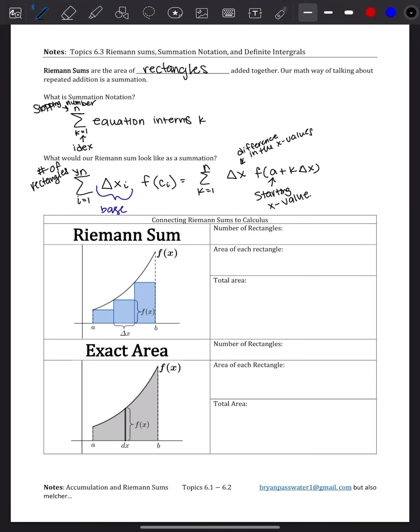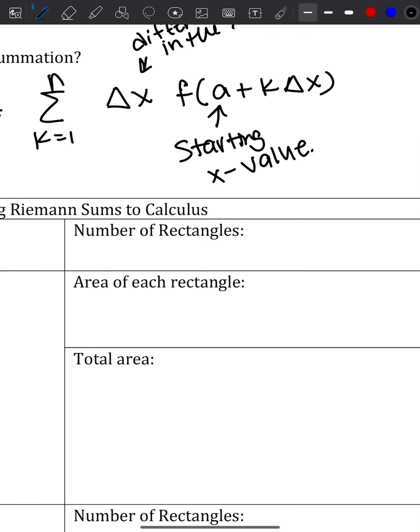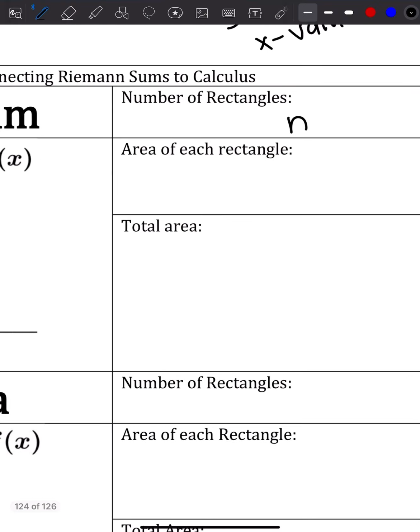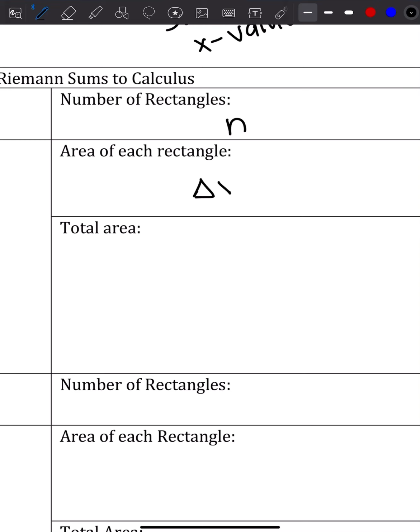Okay. So when we look at here, for Riemann sums, the number of rectangles is n. In order to find the area of the rectangle, we need to take the change in our x value and multiply it by the height of our x value. This is going to look like delta x times f of x. In order to get our total area, we're going to add all of those things together. So we are going to do the summation from whatever variable we're dealing with, 1 to n, of delta x